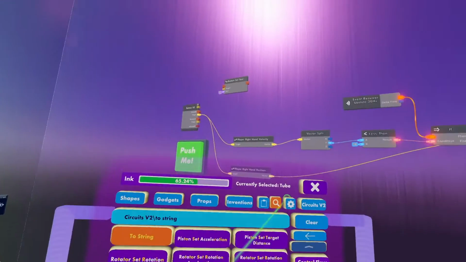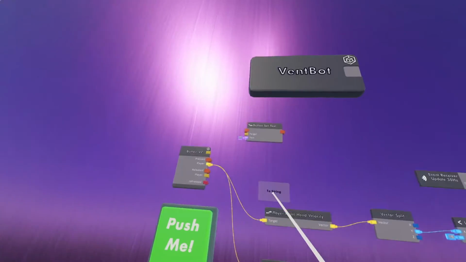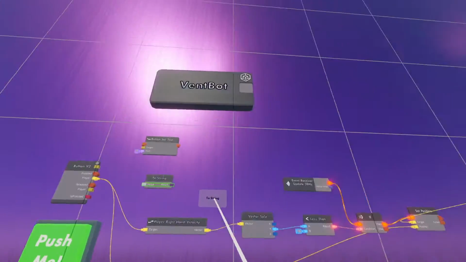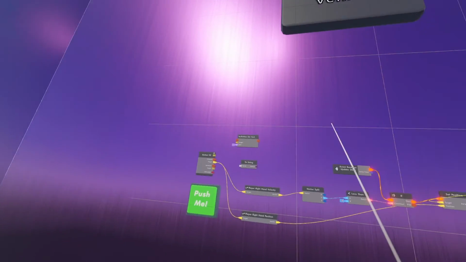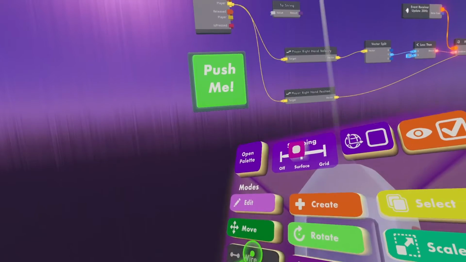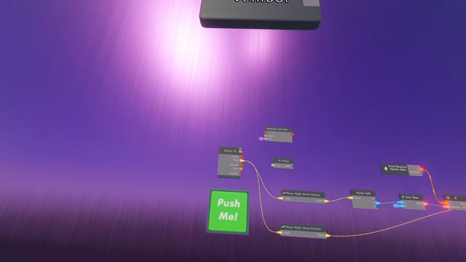If I can spell it right. Okay. Okay. Now I can do some wiring. So, first of all,